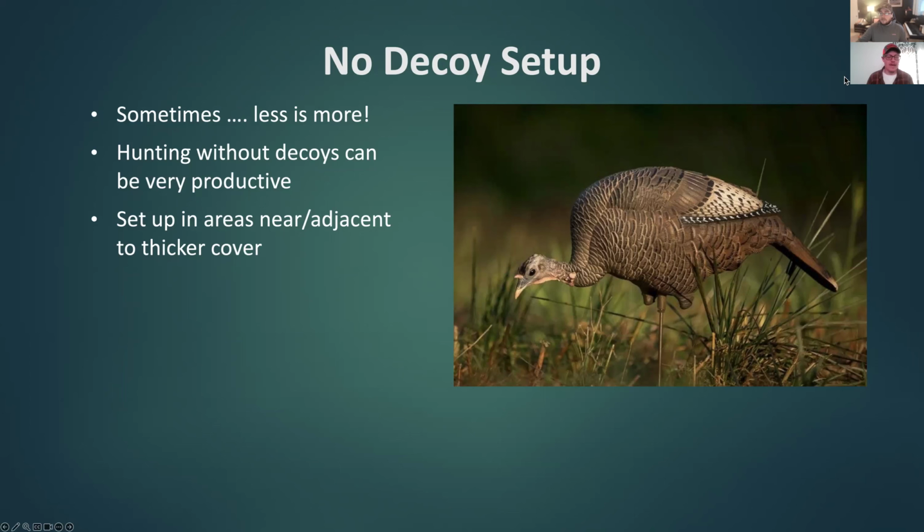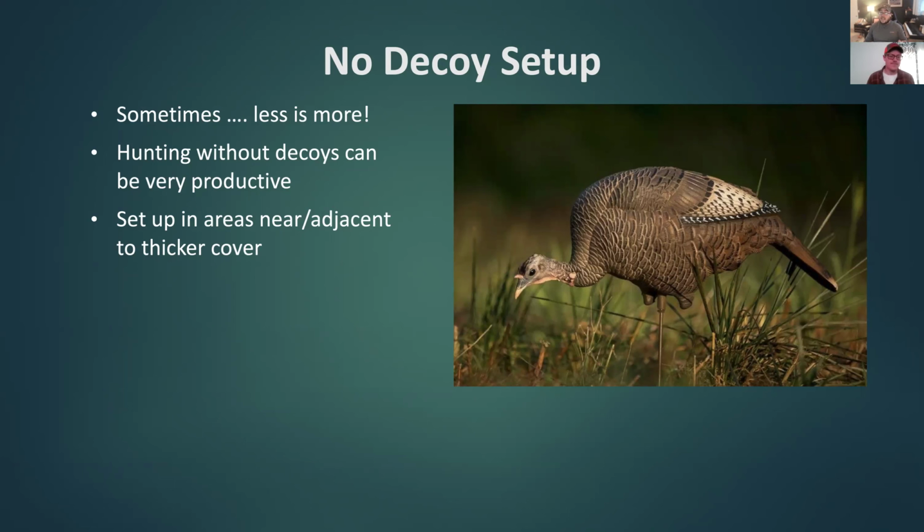Yeah, I don't think I've ever actually shot a turkey over a decoy. I had a few years where I used a Jake decoy. Actually, yeah, I did get one, I guess, over a decoy, but all the other birds I've got with no decoy. So I like to be mobile and I don't like to move around. I've been spotted before when I get set up and then I'm like, oh, I got to put my decoy where it can be seen, and that's when I'm spotted. And then I'm like, well, I just shouldn't have a decoy.